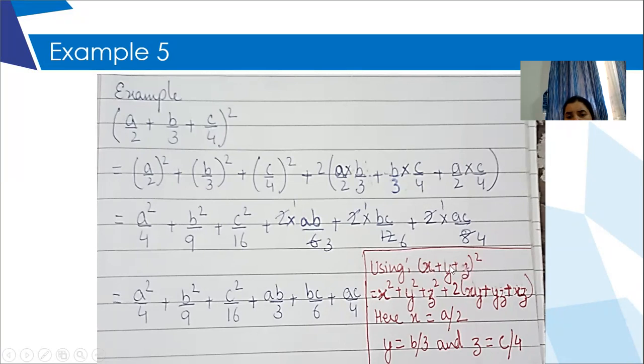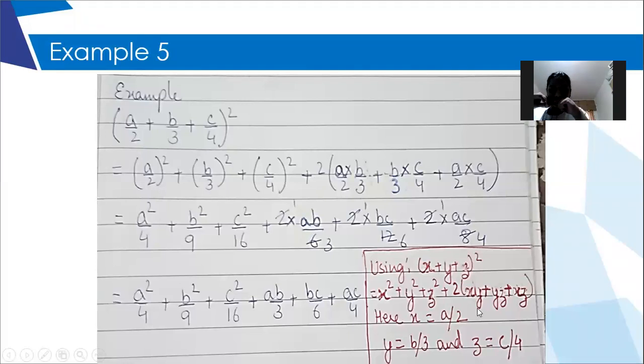So if you are doing a replacement on the left side, you will replace on the right side also, right? Yes. So on the right side, wherever X is there, I'm going to write A by 2. Wherever Y is there, I'm going to write B by 3. Wherever Z is there, I'm going to write C by 4. And rest everything will be same only. You are just replacing X, Y, and Z. Nothing is happening to these squares. They are there only, right? Plus 2 is also there.